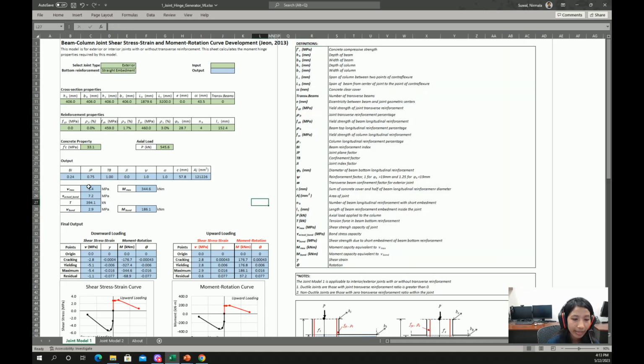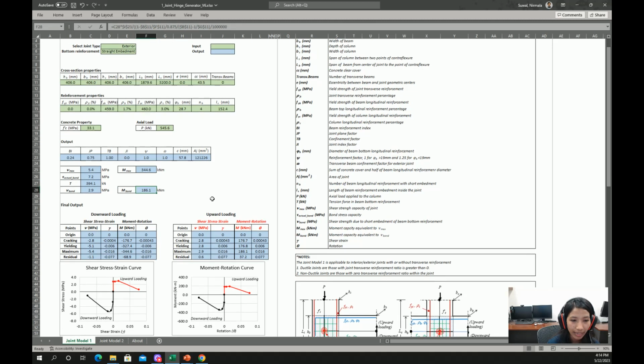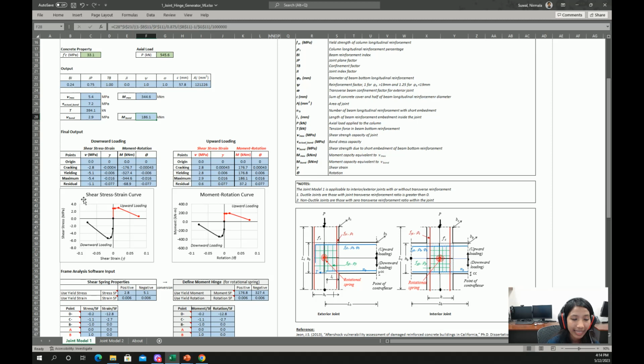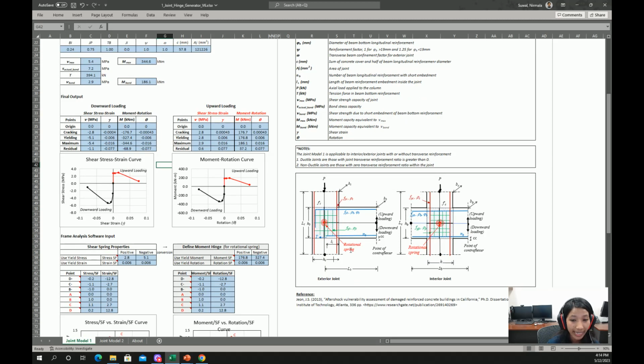In the blue cells you will get the shear strength of the beam column joint and its equivalent moment capacity, also the bond strength and equivalent moment capacity for bond, and the final output is this shear stress strain curve and moment rotation curve. Joint model 1 is modeled as a plastic hinge or rotational spring in a beam column joint in